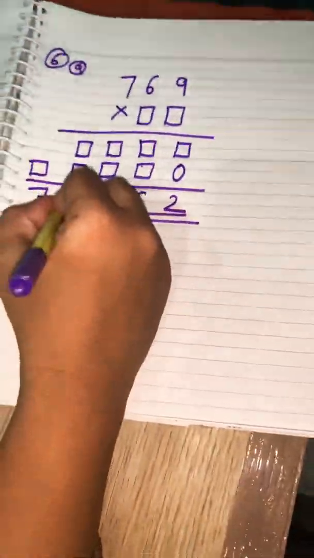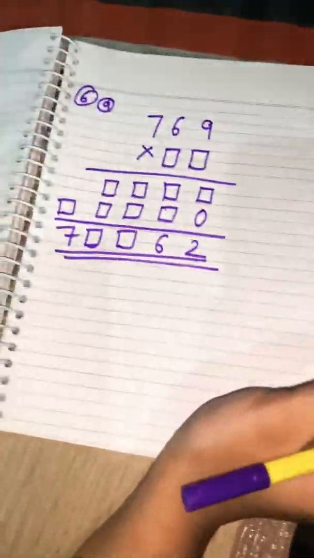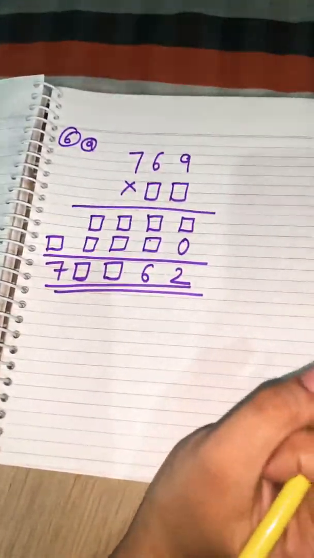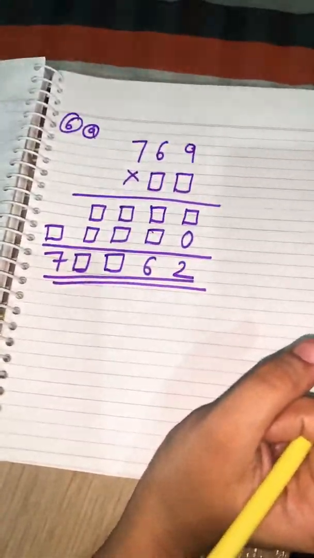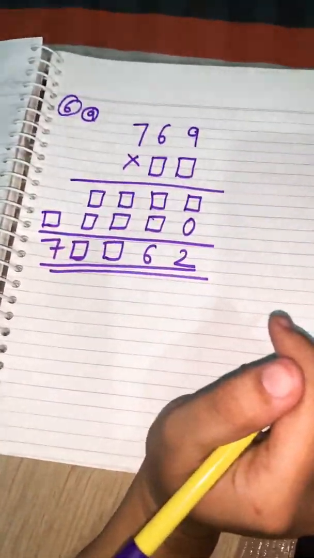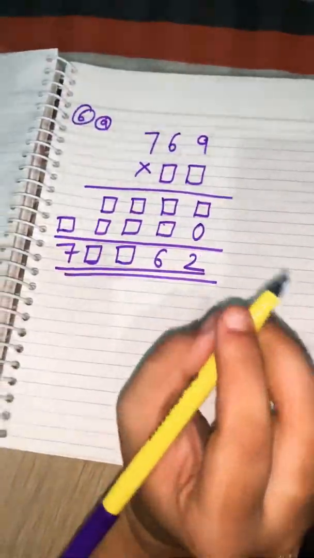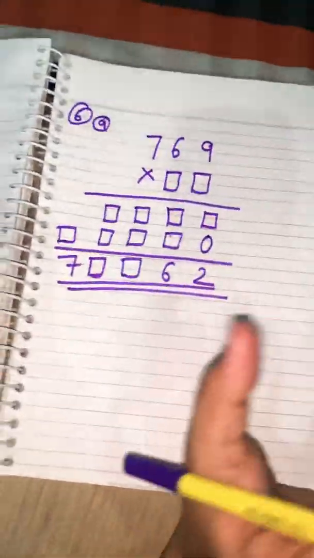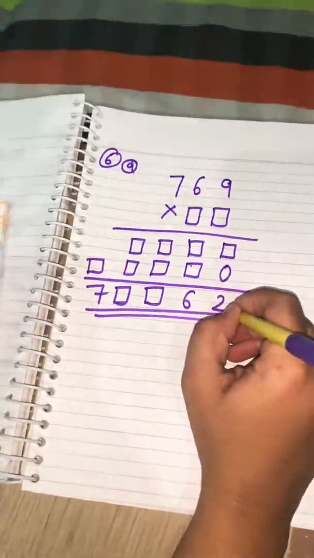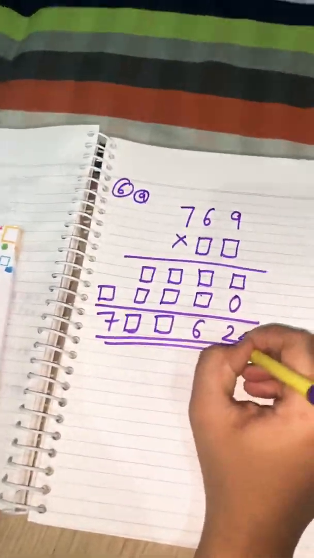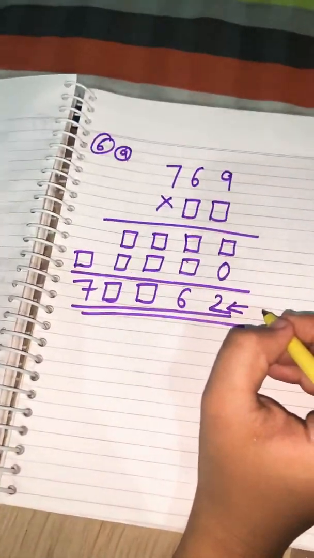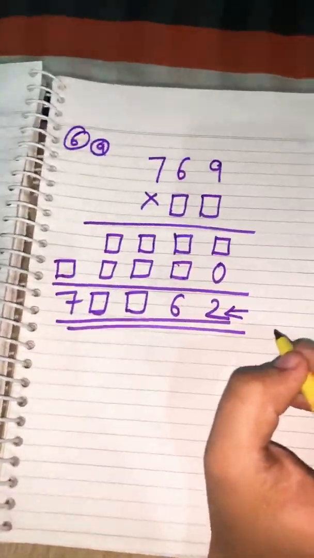Now in this question we don't have the full statement, so we have to solve it by ourselves. So you have to understand this question properly. So listen to me very carefully. As I have told you earlier, if we add any digit in 0, it remains the same. So if we add 2 in 0, then we get 2.